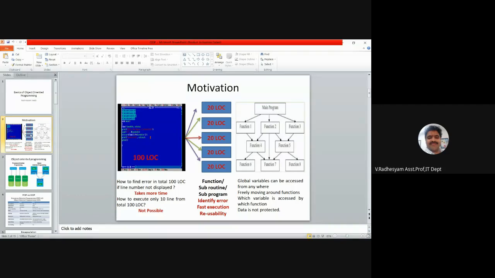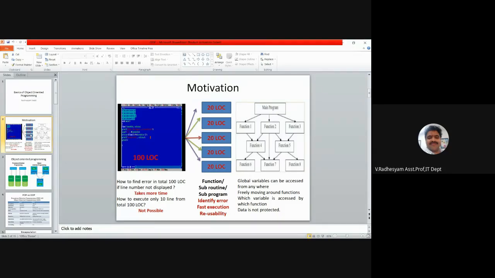But writing functions instead of a sequence of lines can improve the reusability of a program. But still, functional programming will not give what the user requires.